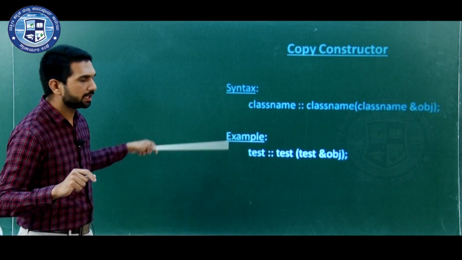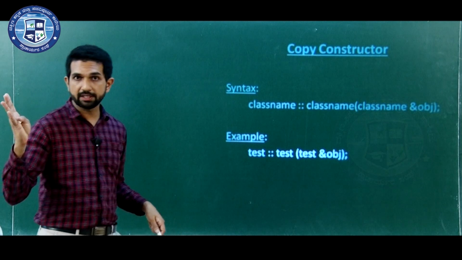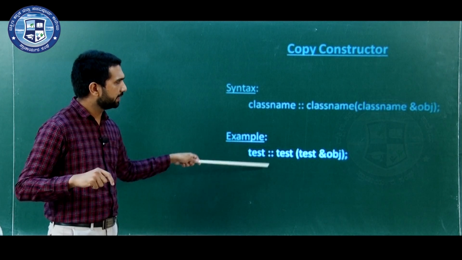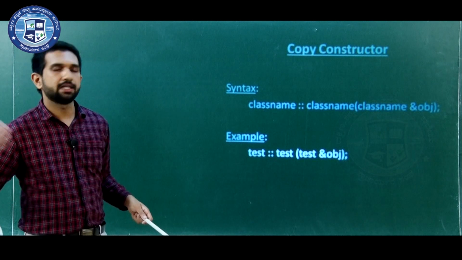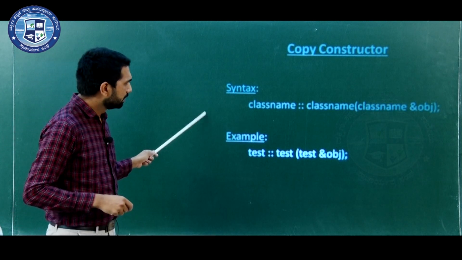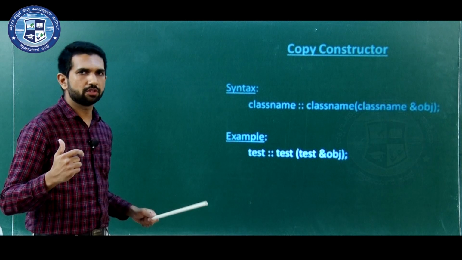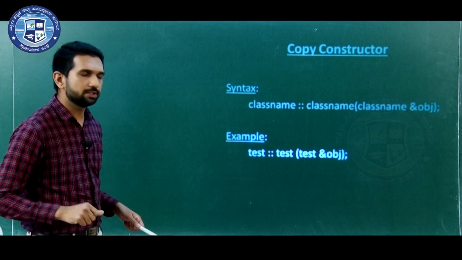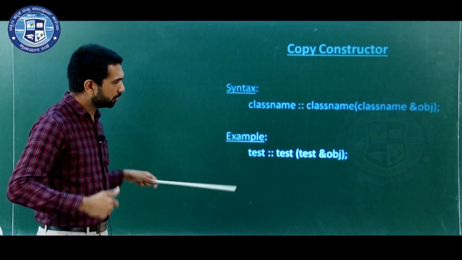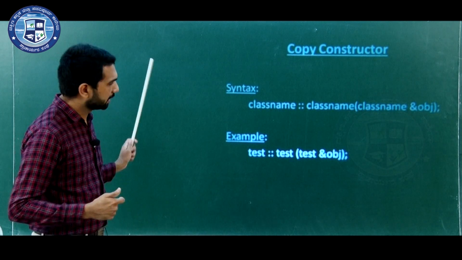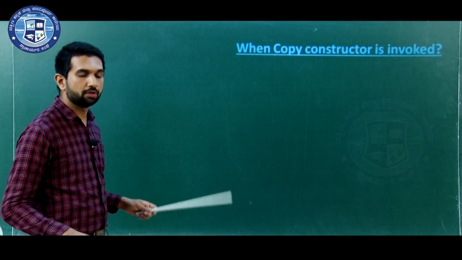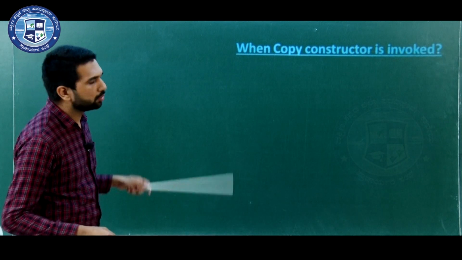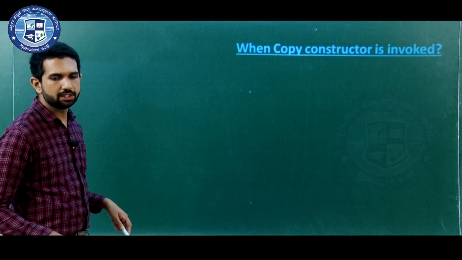This is actually writing the copy constructor outside the class definition, because see students, the scope resolution operator indicates definition outside the class. So, this is the explicit syntax of copy constructor, but it need not be necessary in all cases, because in many situations it will be invoked automatically by the compiler. Those situations we have to discuss today. So, when is copy constructor invoked, those situations we will see one by one.